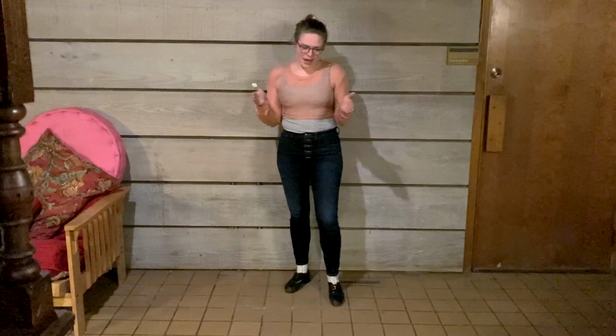The last thing to notice with each of them is that they have a little pickup note. They don't start right on the one. And 1, 2, 3, right? So there's an and, or and 1, 2, 3, 1. So tunes, oftentimes musicians will play a pickup note. So you'll have 1, 2, 3, 1, 2, 3, because this is a jig. And instead of starting on the one, you might do